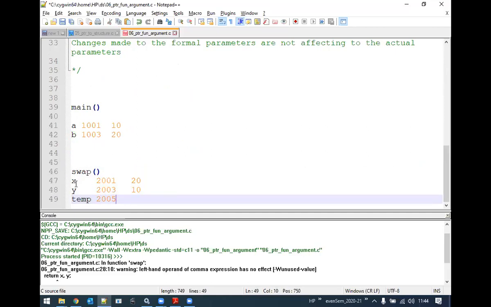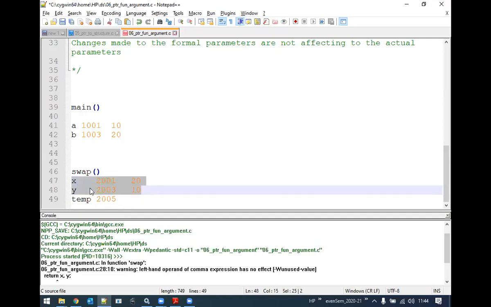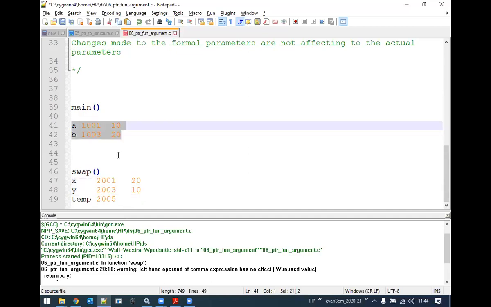X was allocated some memory block and it stored 10 initially, and then 20 was stored in the y variable. And we had another temporary variable, and with those three statements we could swap the values, and we put 20 and 10 into x and y. But these changes are only within the formal parameters; this did not affect the actual parameters.